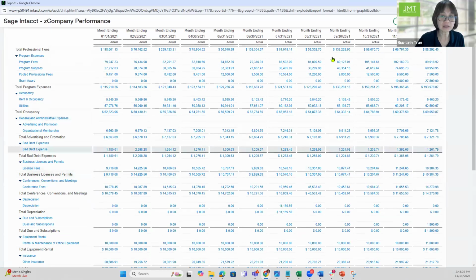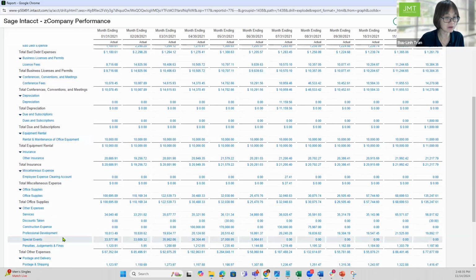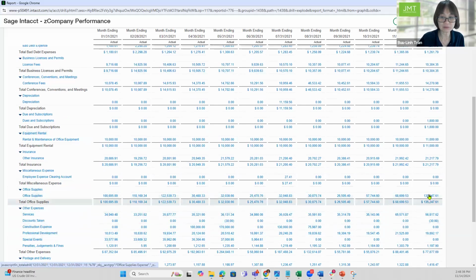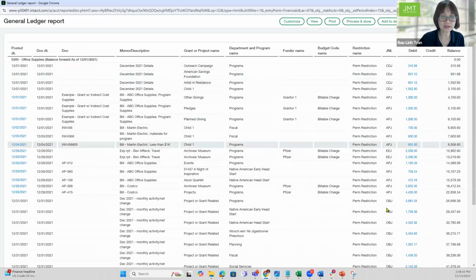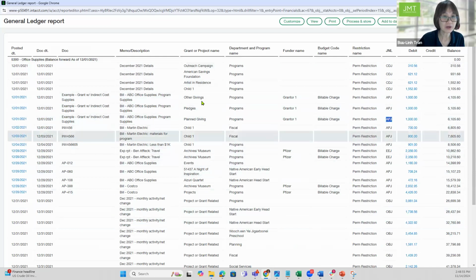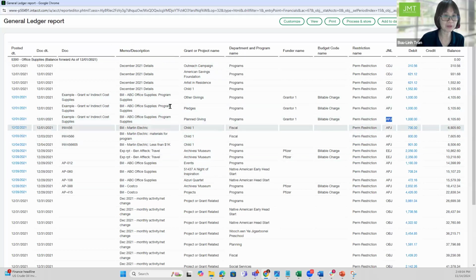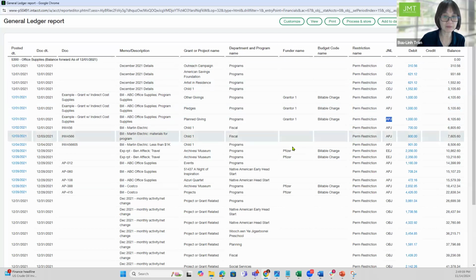In here, I still have my 12 months. Obviously, I have a breakdown of all my expenses here. And if I were to go into, let's say, office supplies and click into December, here I've got all my dimensions, right? So I can see my GL posting, if it came from accounts payable, that's what these are, accounts payable journal. You'll see that these are the invoice number. And interestingly, I just wanted to quickly talk about what you see here. These are your dimensions. This is the description of that bill. You could track by grant, department, where that funding may be coming from,